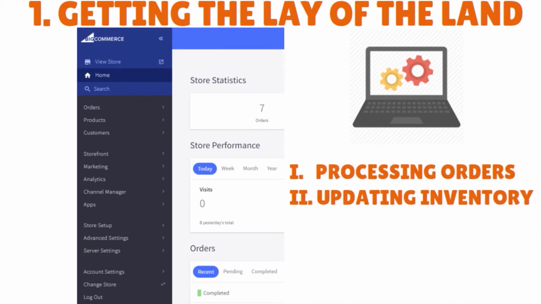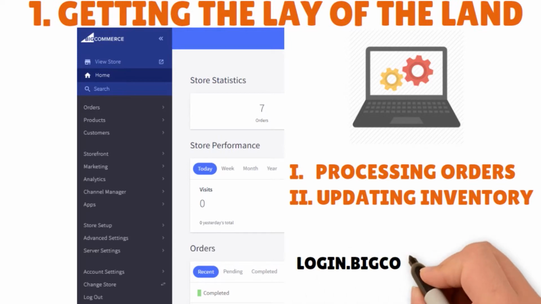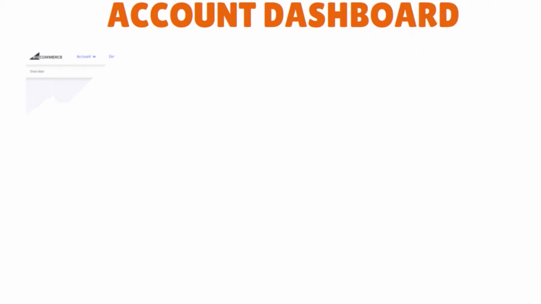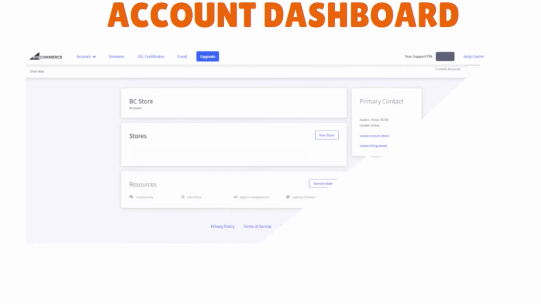You can log into your control panel at login.bigcommerce.com. And then you have the account dashboard. So this is where you can manage your billing details and purchase a domain or SSL certificate. This area is only accessible to the store owner, so you can get to it from the control panel or log in directly at